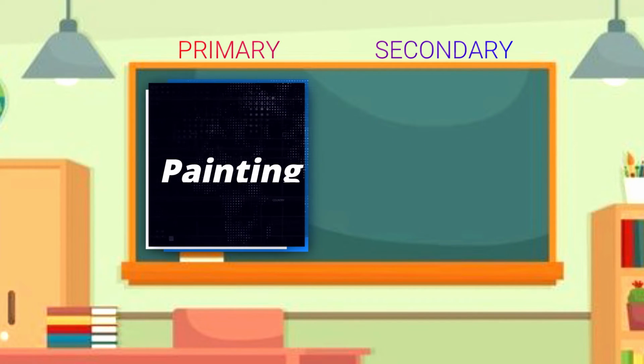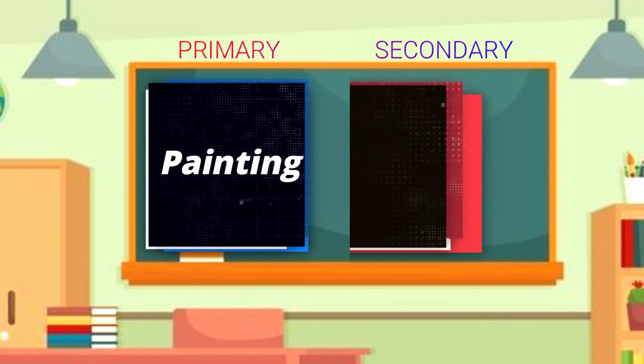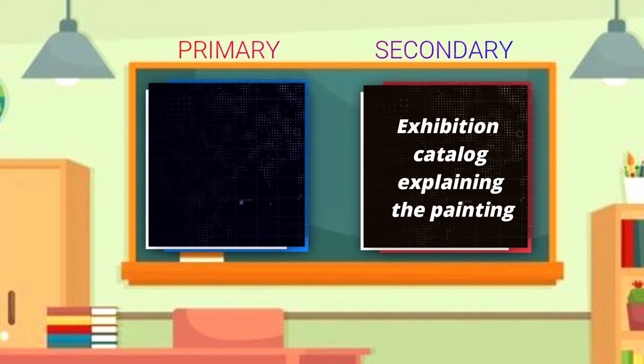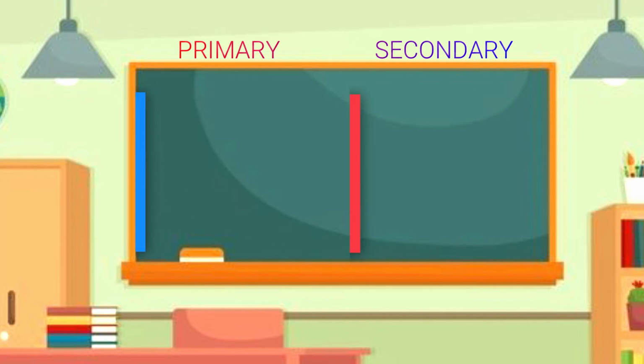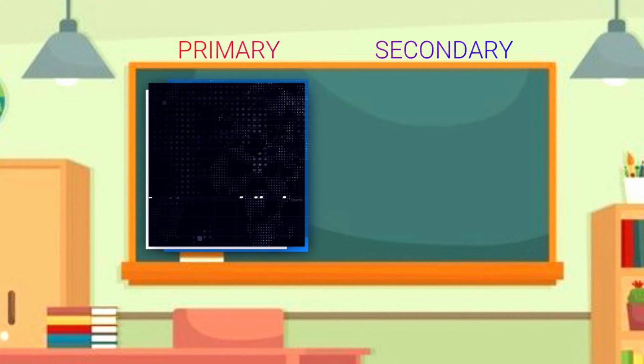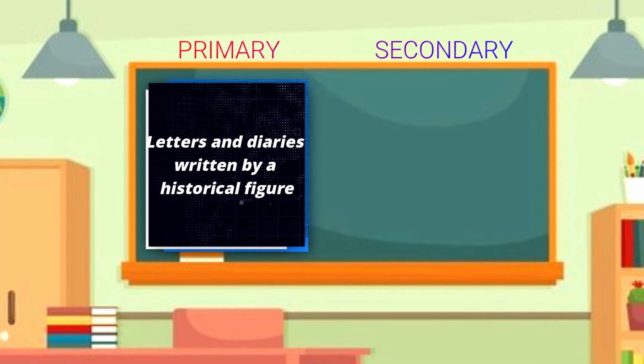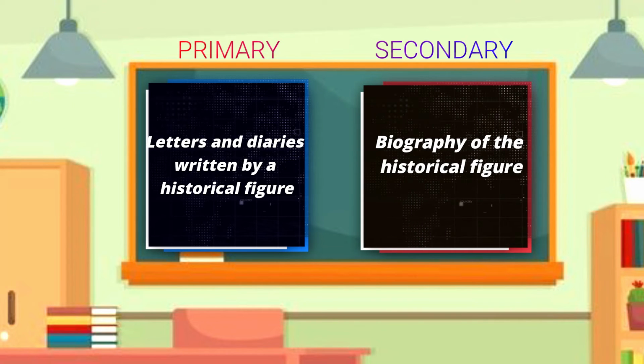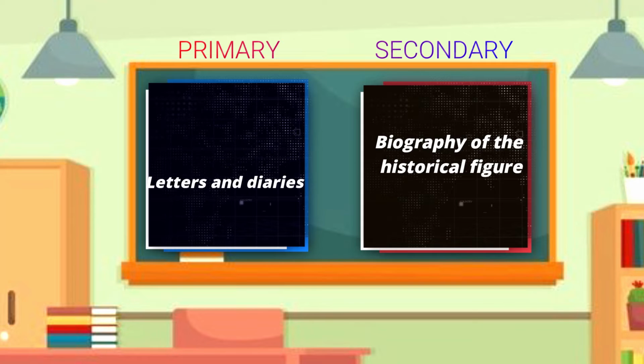If you have a painting as primary source, your secondary source should be an exhibition catalog explaining the painting. If you have letters and diaries written by a historical figure, then your secondary source should be a biography of